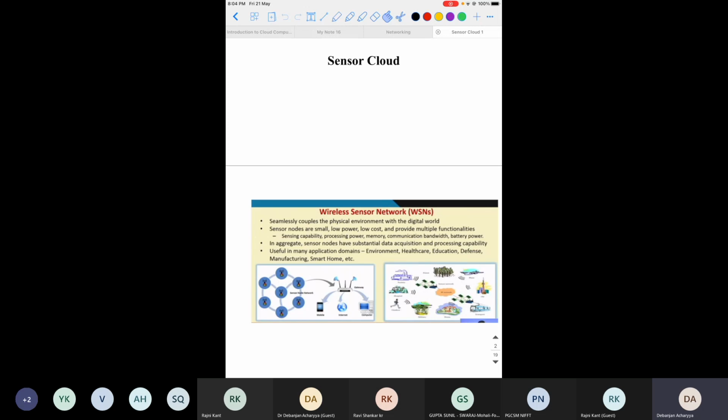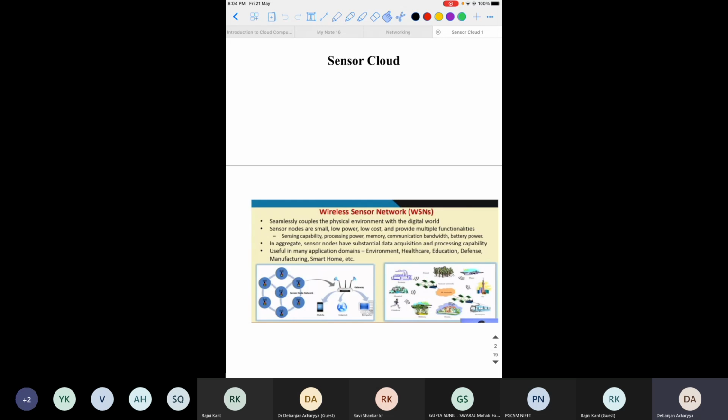But why is the sensor cloud different from the wireless sensor network? I want to give you a clear picture about that. What is the main difference between the presently available wireless sensor network and the sensor cloud? So let's move forward. There is a need to integrate our sensors with the cloud infrastructure.